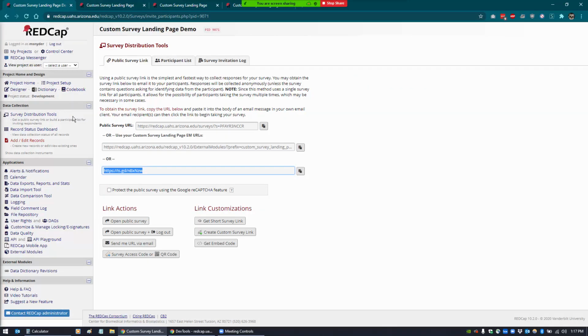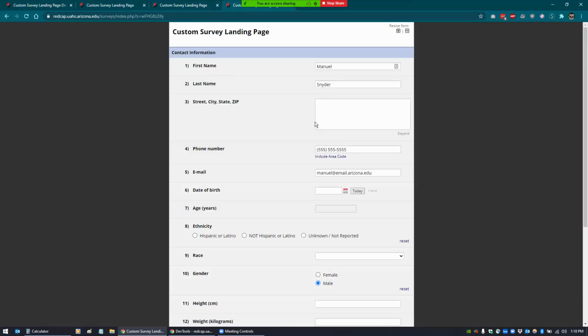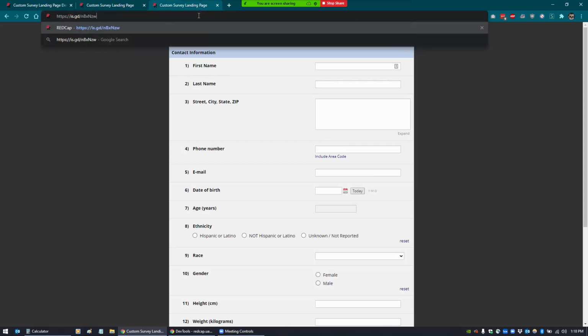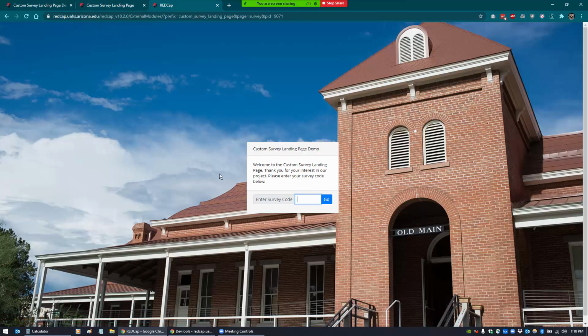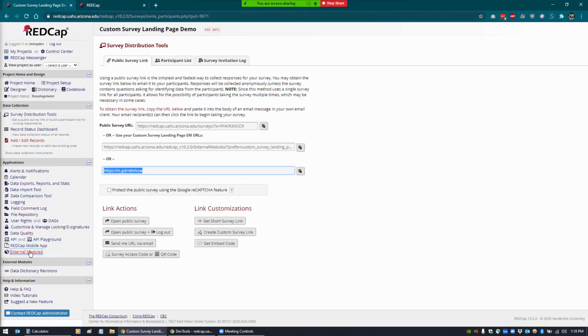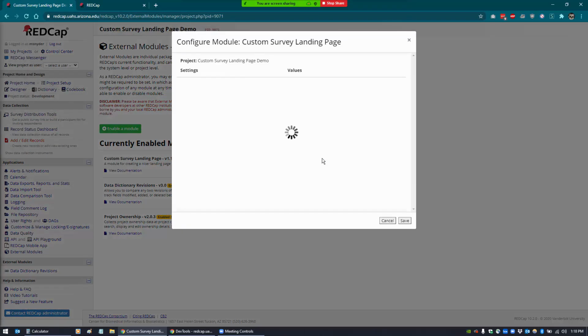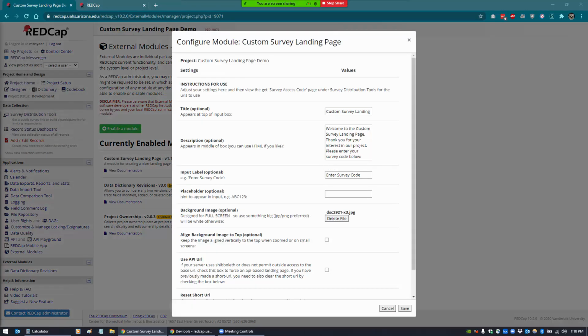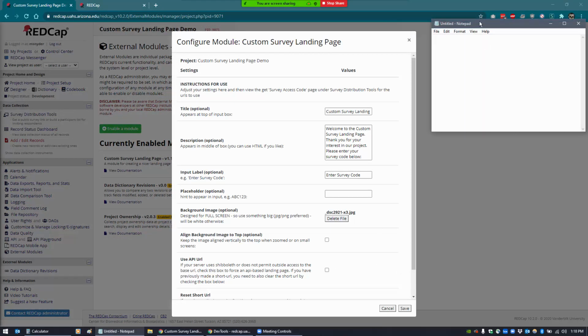So in the survey here, if we go back to the survey landing page, I'll show you some of the customizations here. So we can edit this and inject some CSS to style this text so that way it's not so plain. This you can style as well. So if we go into the external module here, and let me just show you in a notepad so you can see it. What I'm going to do is